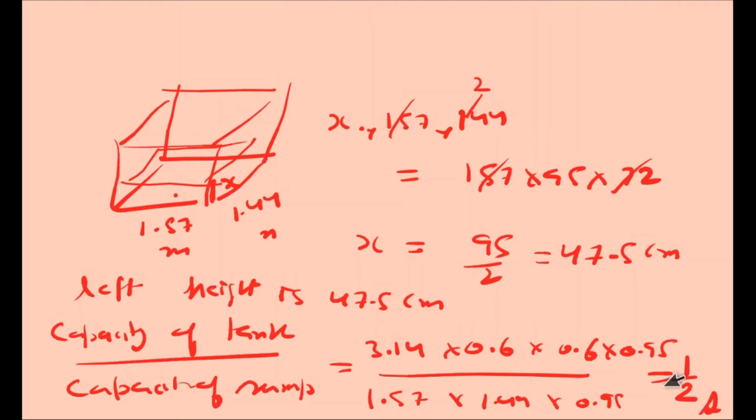Okay, so this type of analysis you can do in so many questions. Okay, now we will do one more question. A copper rod of diameter 1 centimeter and length 8 centimeter is drawn into a wire of length 18 meter of uniform thickness. Find the thickness of the wire.